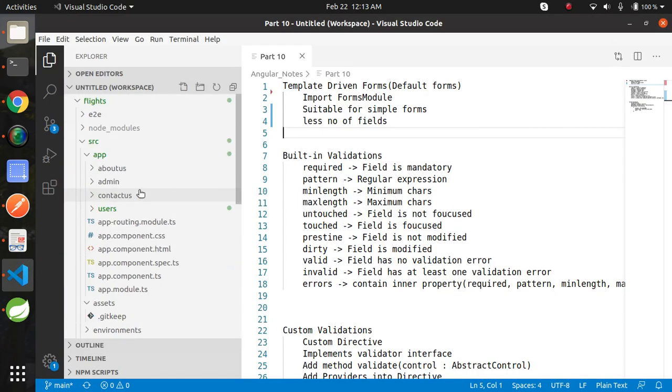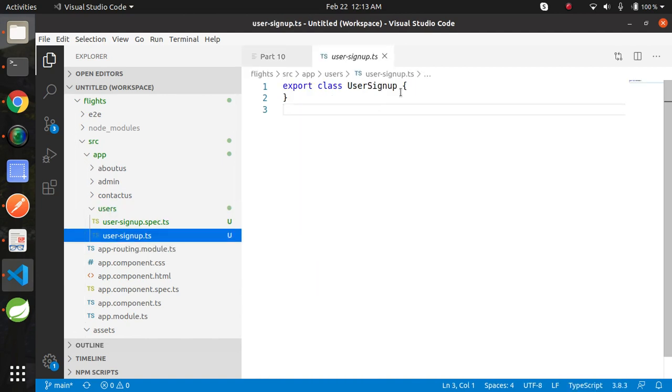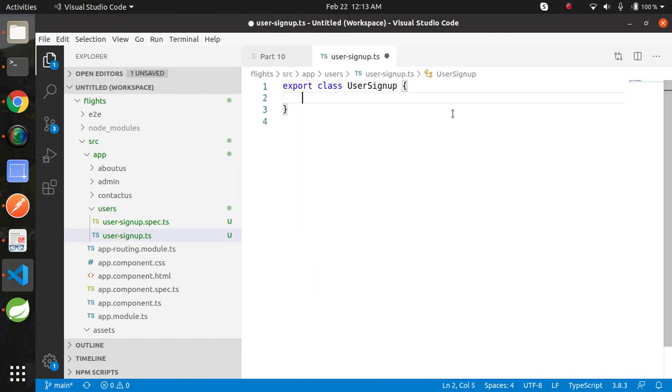Go to your project repo, open class user sign up, provide the fields, first name, type string.